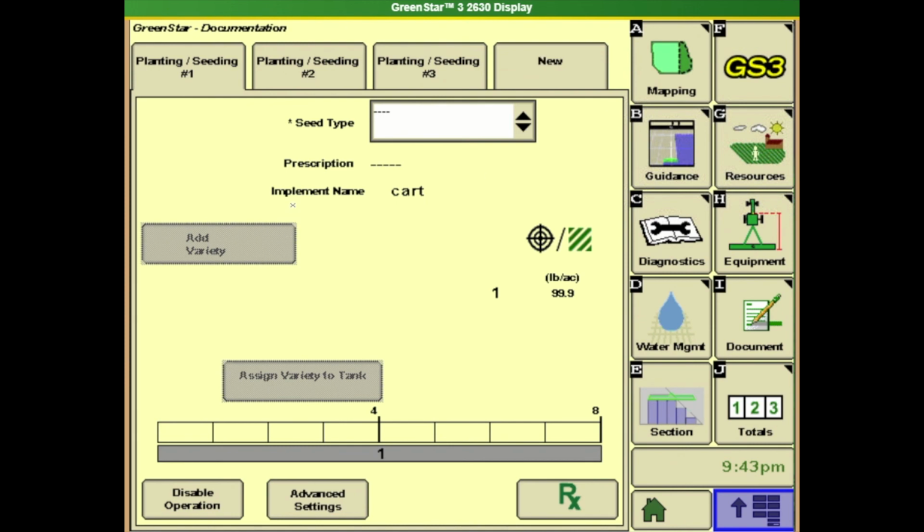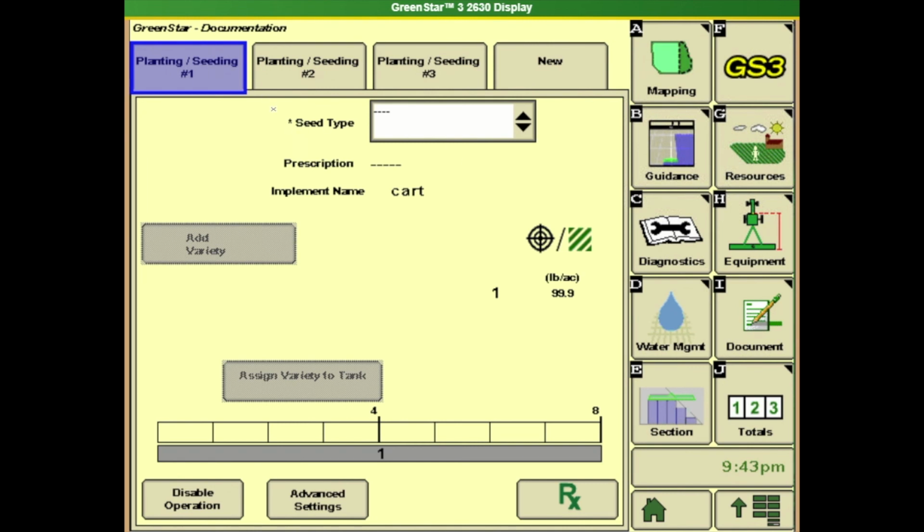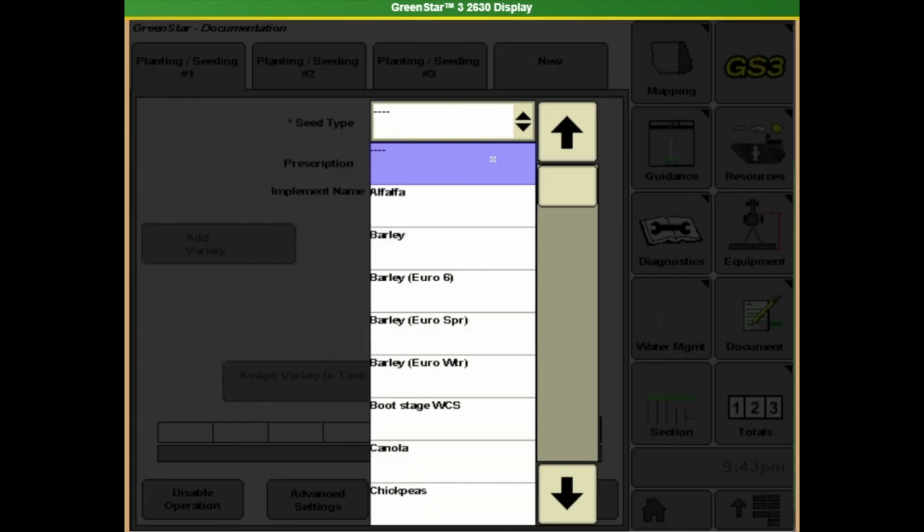So if you put in fertilizer in your front tank, it's going to have a product application under your first tank, and then your planting and seeding in your second tank, which is the most common setup. The book recommends putting the heaviest product in the rear, the back tank, but we need to make sure that there's no more tabs than what we're using. So we've got our product number 1, planting seeding number 2, and this third one is disabled, so we're only using these front 2. But in order to document, anytime there's an asterisk, we need to make sure that there's something in that box. So hit this drop down, and we'll go down and select our